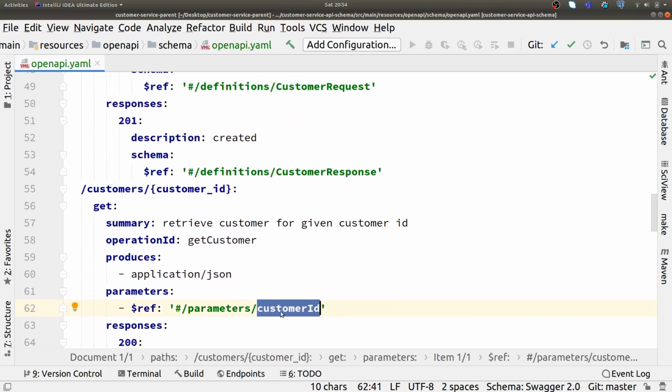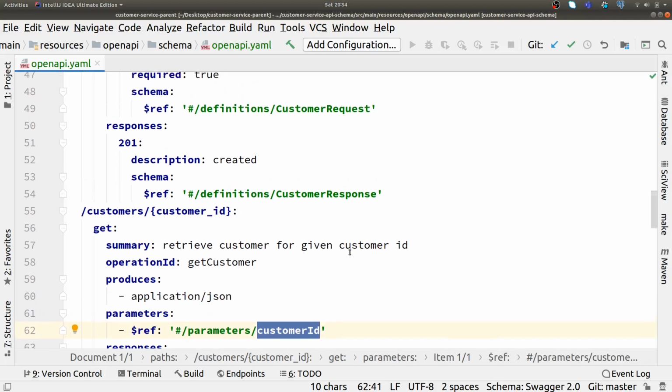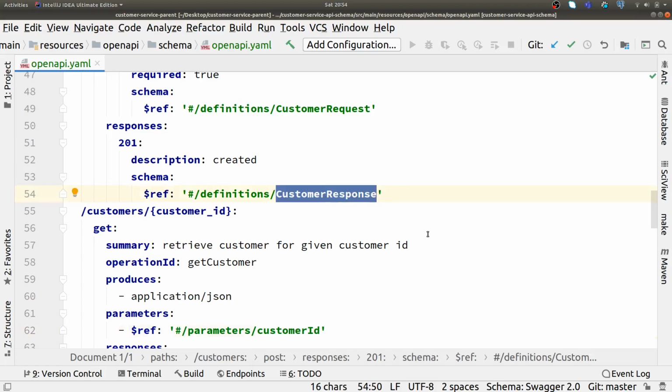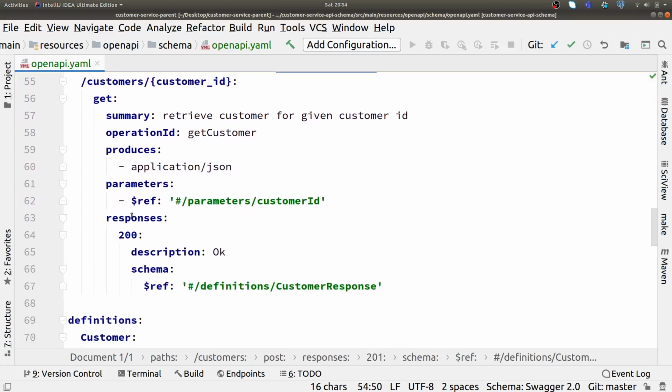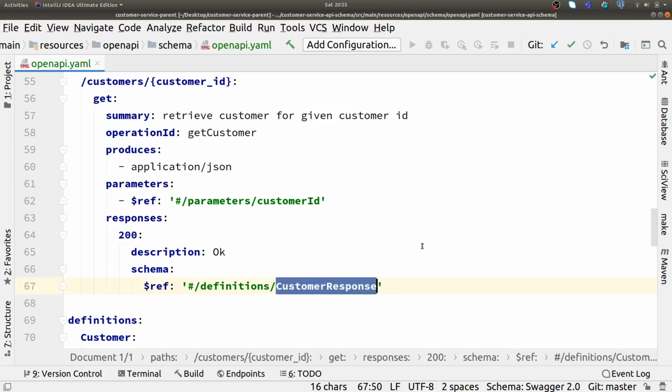To refer to a parameter, we need to define #parameters/customer ID, and to refer to a definition, we need to define #definitions/the name of the definition. This is as per the OpenAPI specifications. So when someone calls customers with a customer ID, they will get back a customer response with a 200 response code, the description will be OK, and in the response body they will receive the customer response.